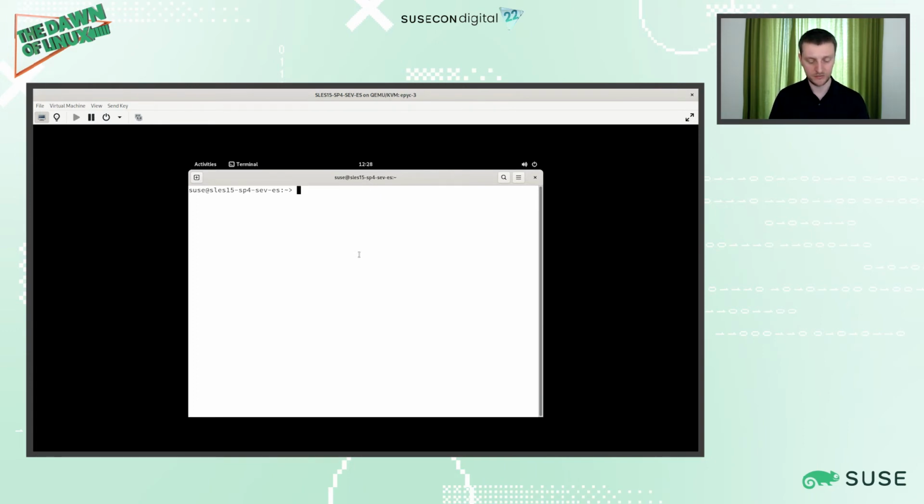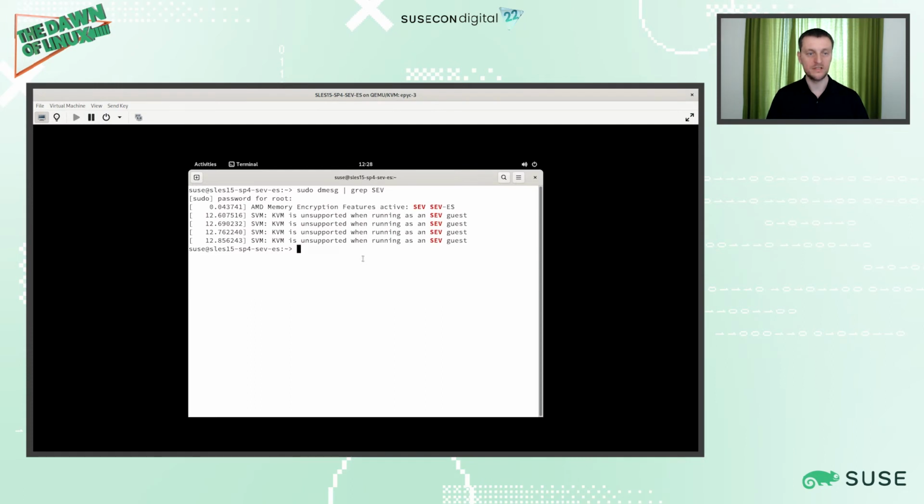So let's check what features are enabled. We can do this by looking into the kernel message log and grep for SEV. And we see that AMD memory encryption features are active, and the active features are SEV and SEV-ES. So we are running in an SEV-ES environment.